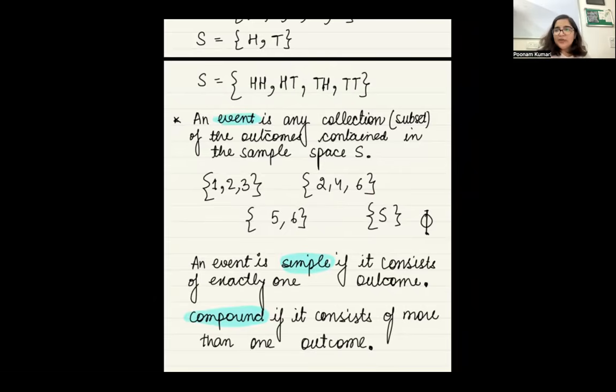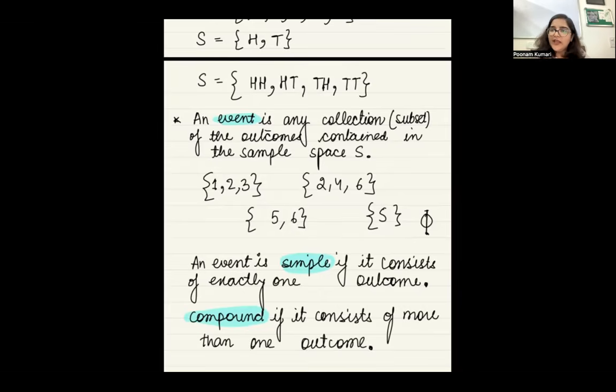Yes. So basically, because whenever you take a subset, phi, the null set, is a subset of all the sets, right? So because null set is a subset of all the sets, we can have an event which has no element in it. So let's say one event could be that you get a 7 when you throw a die, is that ever going to happen? No. It is an event, but it is an impossible event, right? That is something which can never happen. All right.